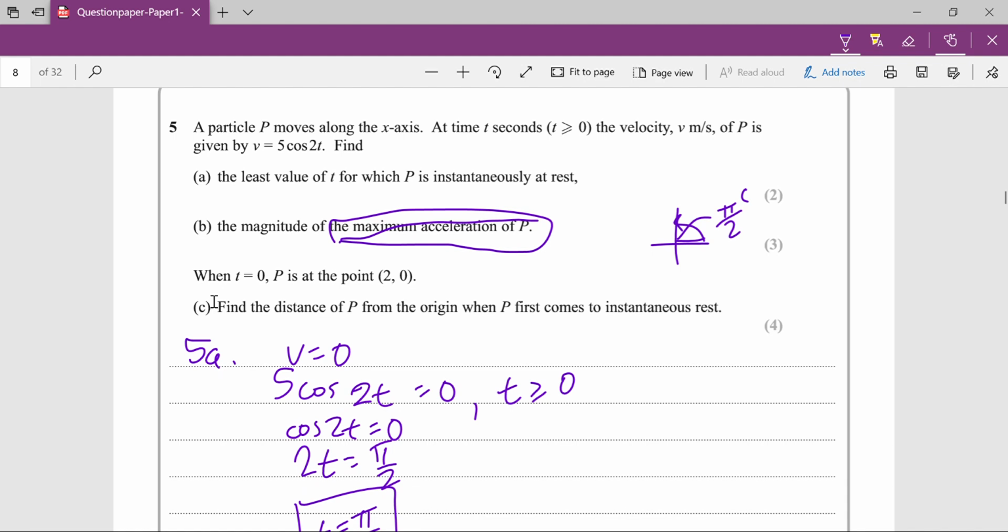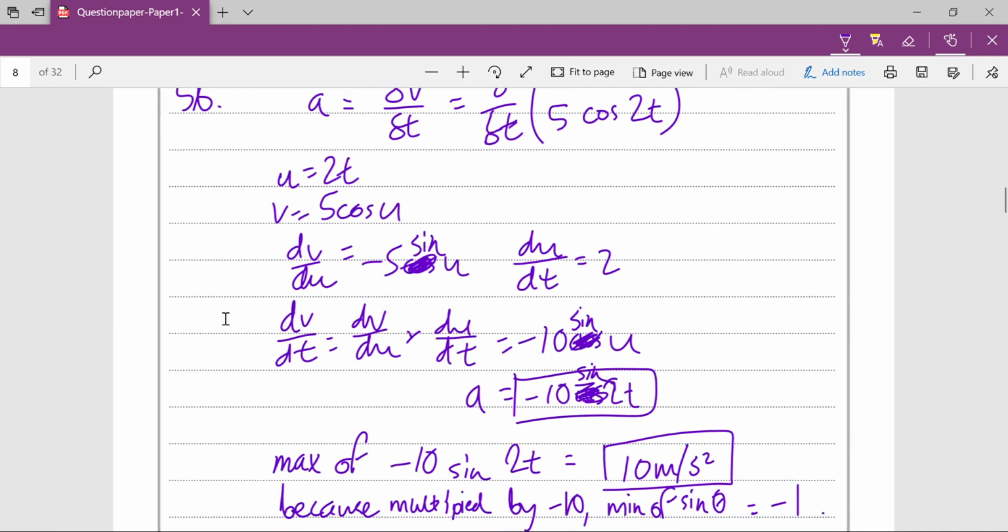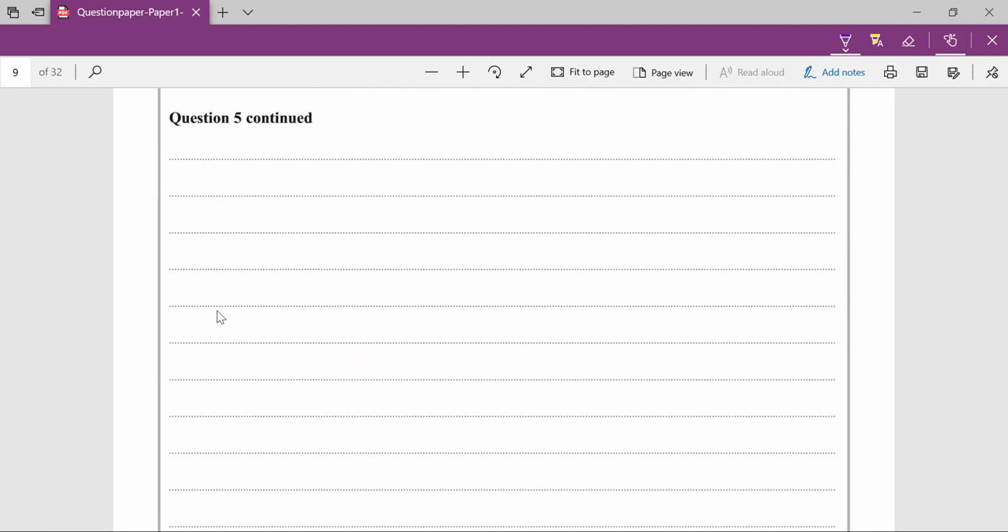Alright, so finally, when t is 0, P is at the point 2, 0. Right, so it's moving along the x-axis, it's 2 meters from the beginning of the x-axis. Find the distance of P from the origin when P first comes to instantaneous rest. Okay, so